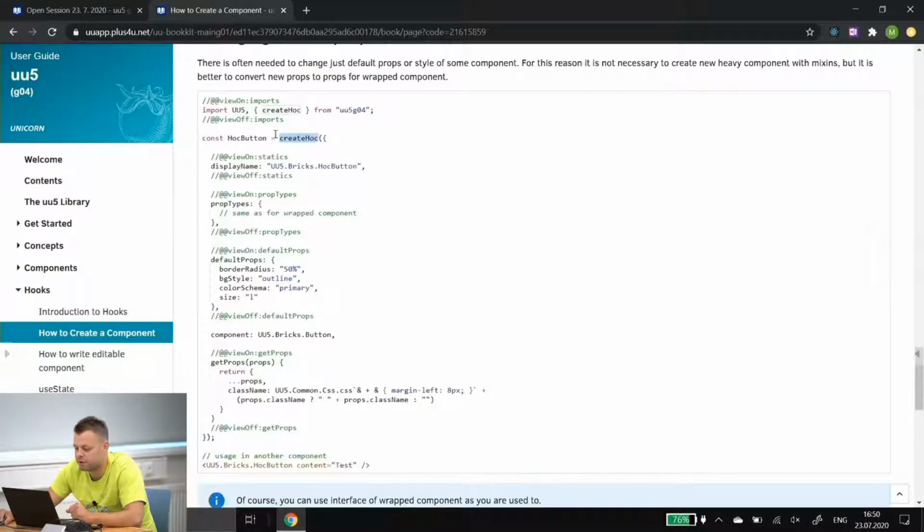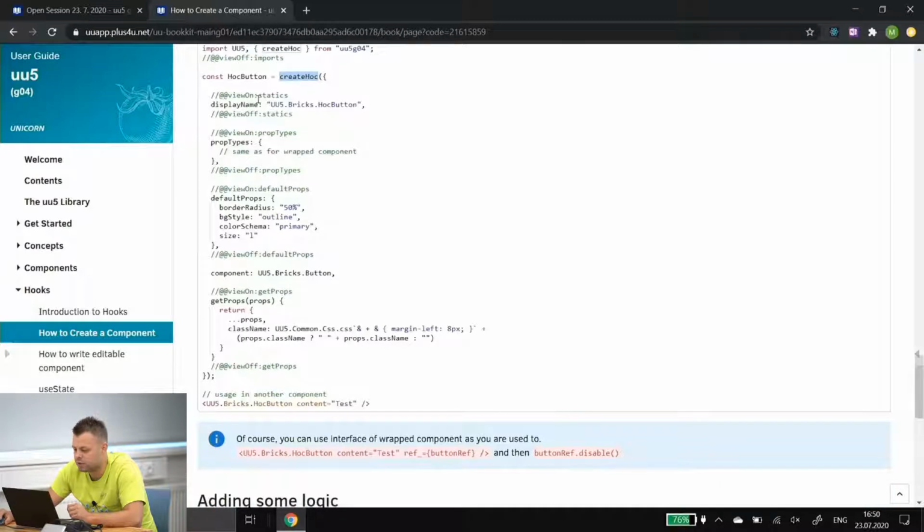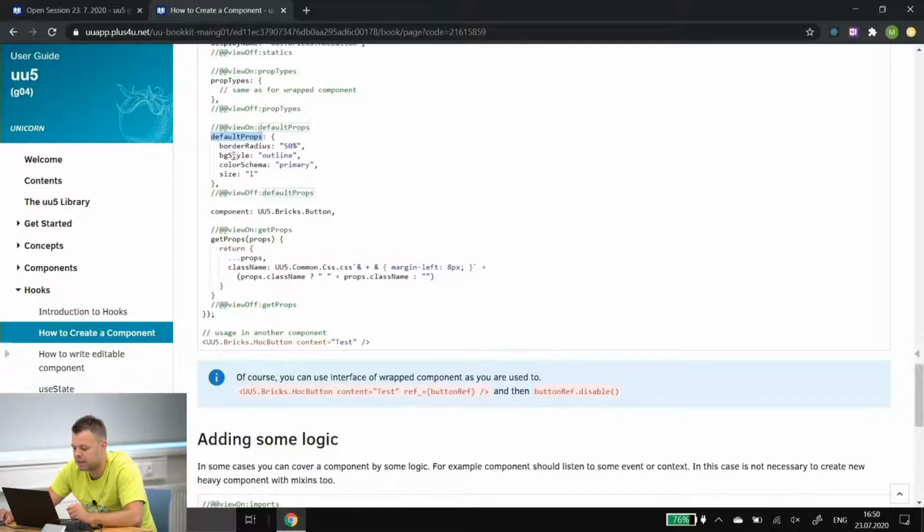This function is from uu5 and you just set it like before in components. So display name, prop types, default props, and inside the default props you can set other defaults as you want. And there is no render method, but there is just a component key where you set a pointer or variable